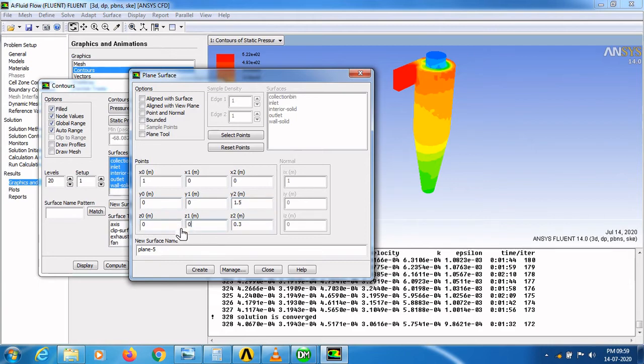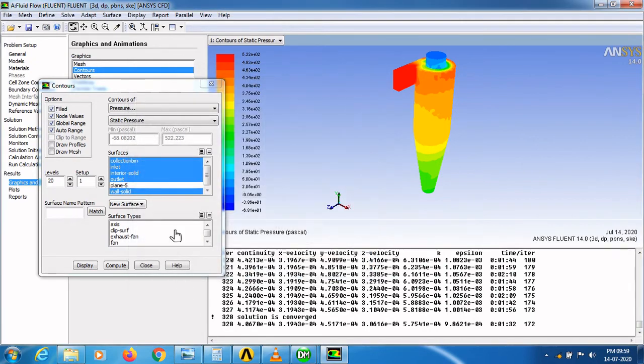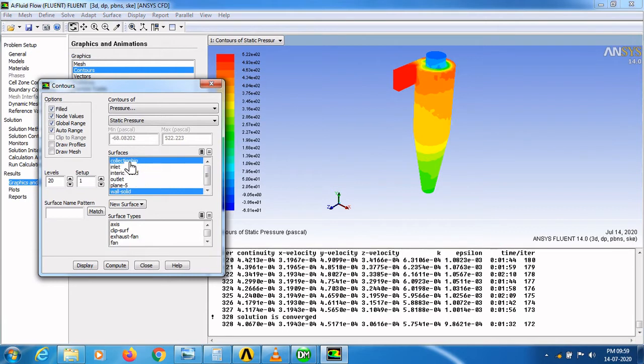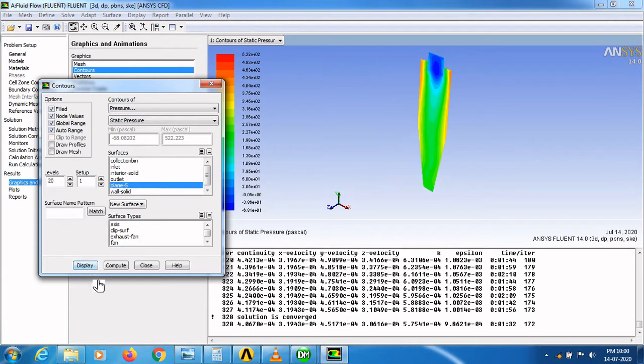In z axis you have to provide 0 0 0. Click create. Now plane 5 is created and click close. Now unselect all the surfaces and click plane 5 only. Click display. Now you can see the plane created at the center axis of the cyclone separator.